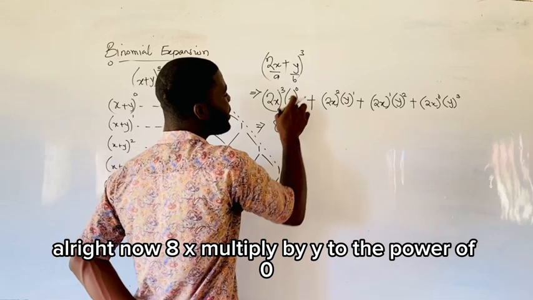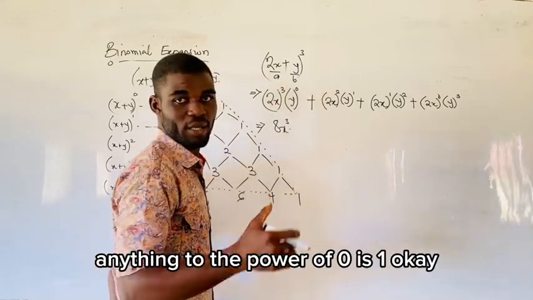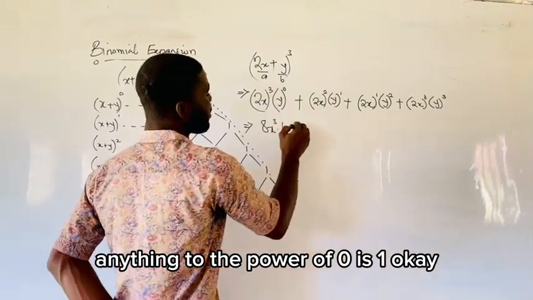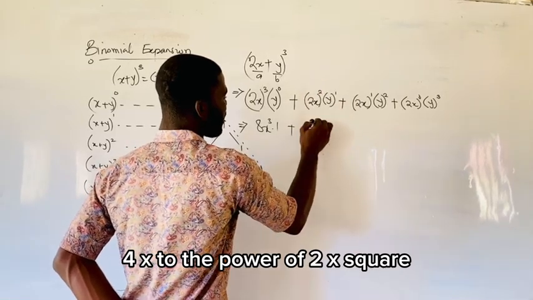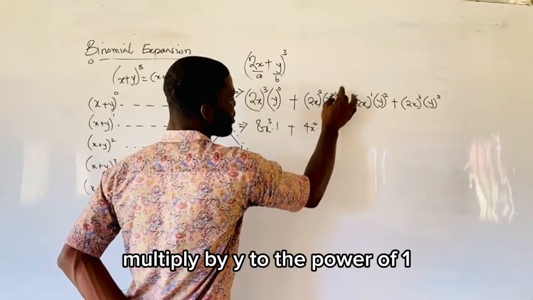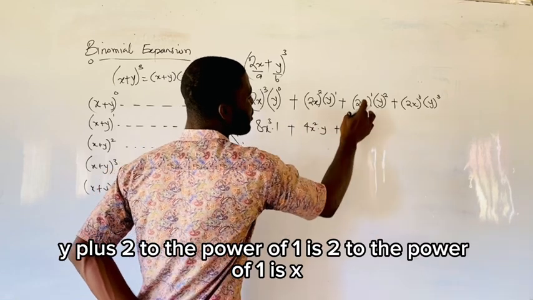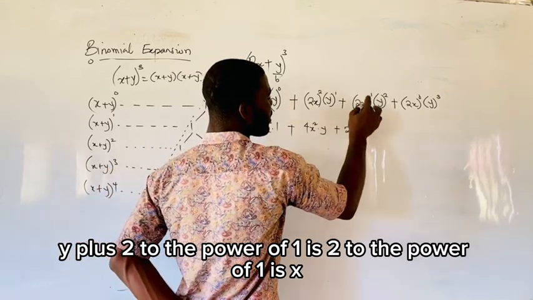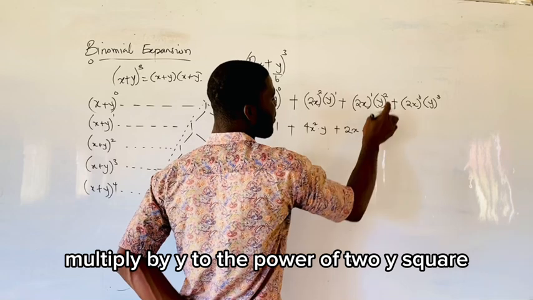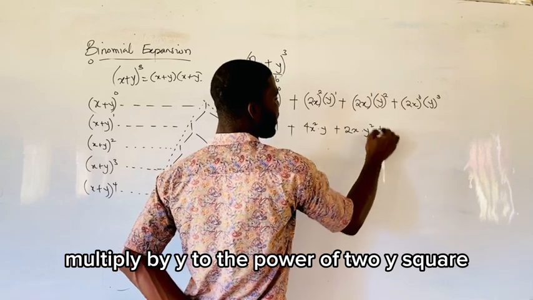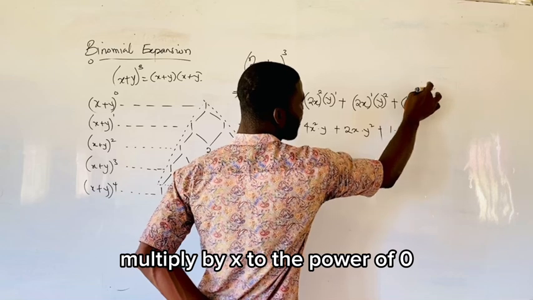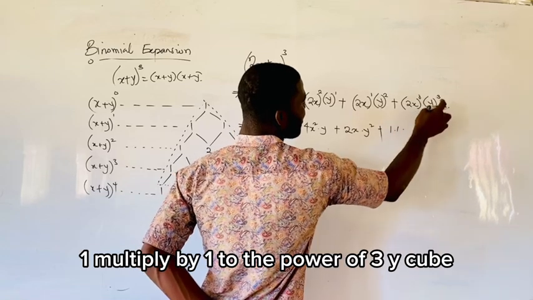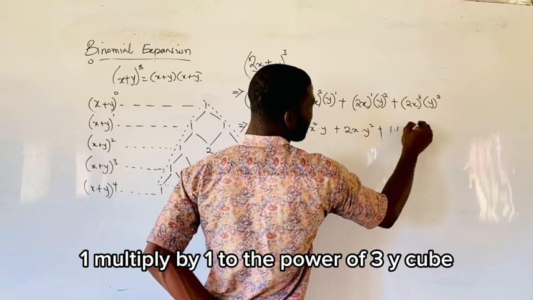Now, 8x multiplied by y to the power of 0. As we know, in mathematics, anything to the power of 0 is 1, okay? Then plus 2 to the power of 2, which is 4, x to the power of 2, x squared, multiplied by y to the power of 1, y, plus 2 to the power of 1 is 2, x to the power of 1 is x, multiplied by y to the power of 2, y squared, plus 2 to the power of 0 is 1, multiplied by x to the power of 0, 1, multiplied by y to the power of 3,